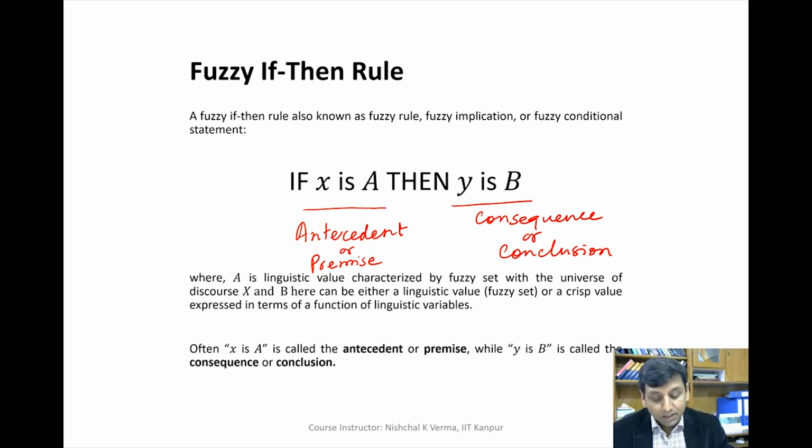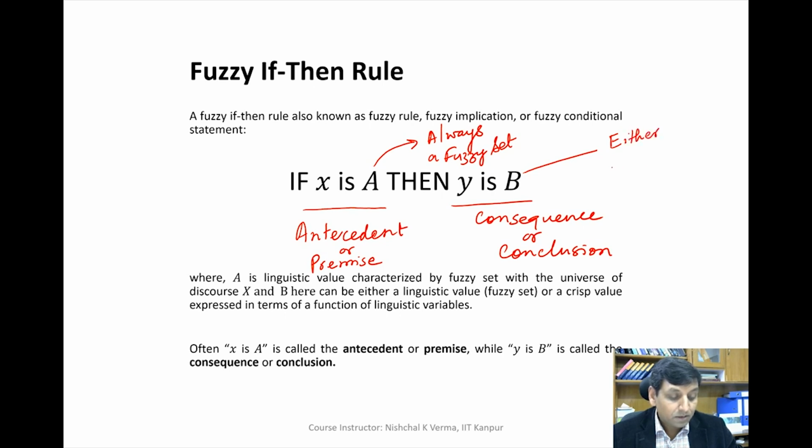And it is very important to note here that the antecedent part in a fuzzy if-then rule is always fuzzy. This means that A is always fuzzy. A is a linguistic value, which is always a fuzzy quantity, a fuzzy set. Whereas we have the consequent part or conclusion part, and this part has B, and this B can be either a fuzzy set